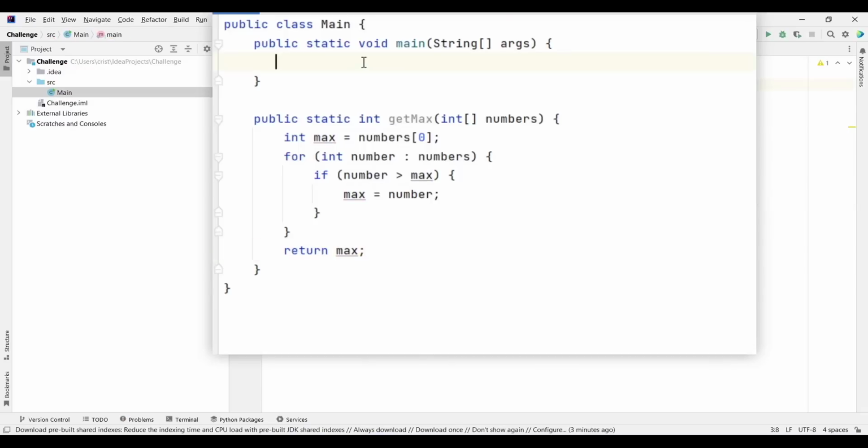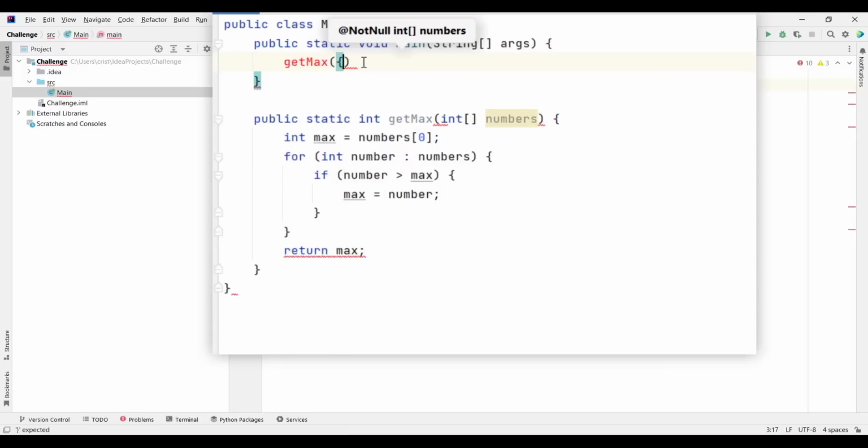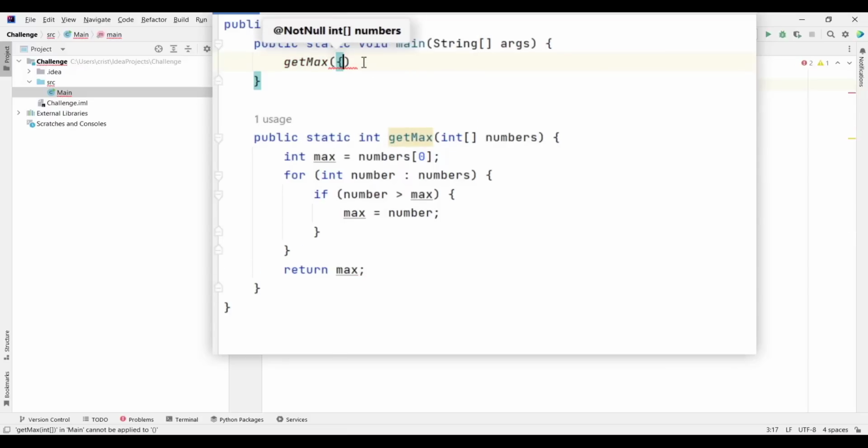Now if I go up here, I'll type getMax, and I'll provide some numbers here. Actually, we need to provide an array. So let's create the array first.